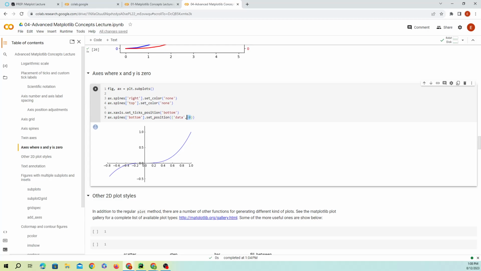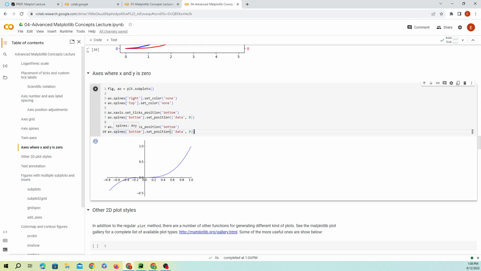And we're going to do the same thing for the left one. Again, here we're saying my x-axis will be in the same position as my bottom. And now I want to set my y-axis in the same position as my center. And now we're going to set our values